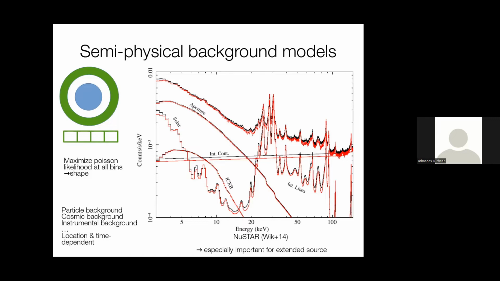That hot gas is producing plasma emission that produces an additional component. So you can build a model like this, relatively complex, and simultaneously try to fit your source of interest and